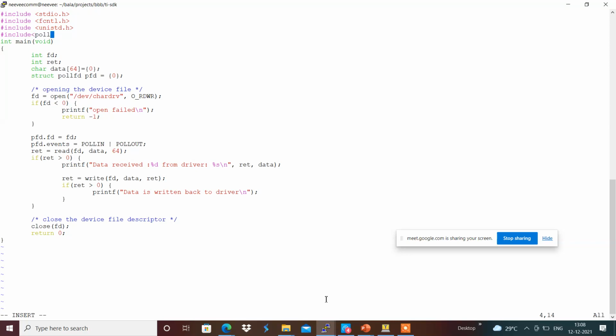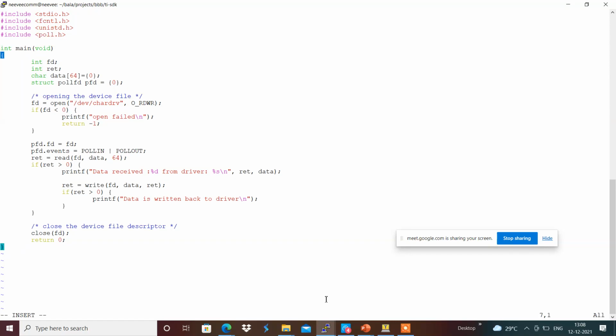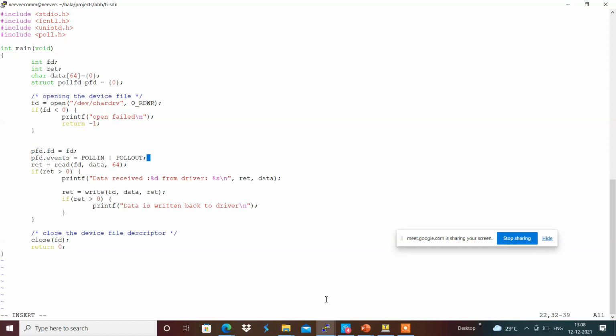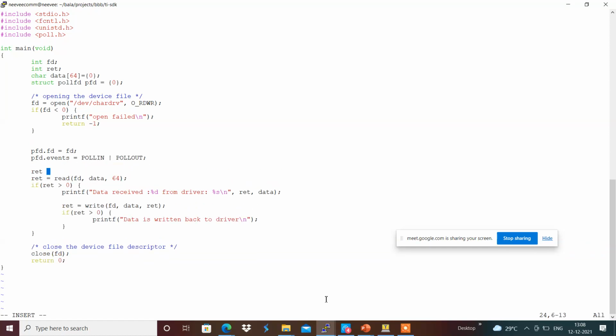and we will be having a return value, return equals poll, and we will be providing that pollfd structure, which is pfd, and the number of file descriptors present in the pfd structure. Currently we are providing only one.